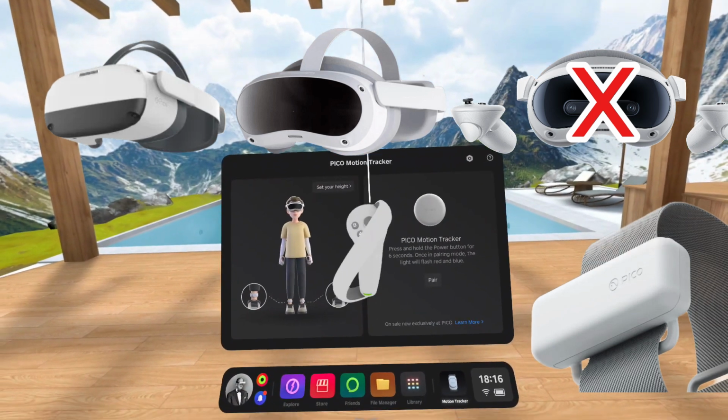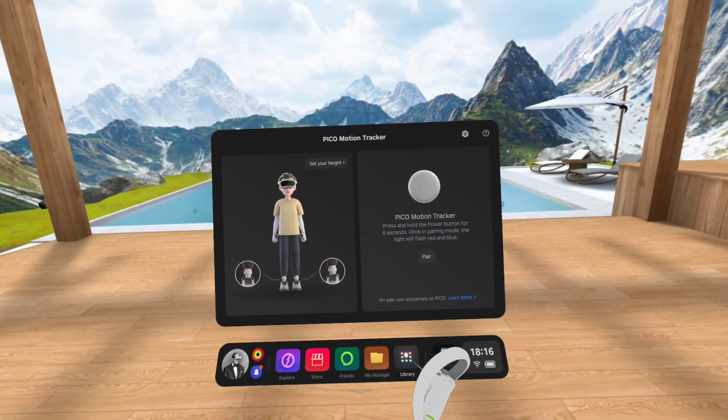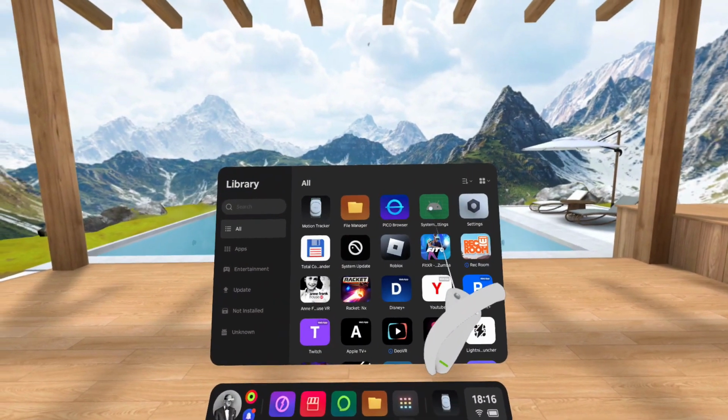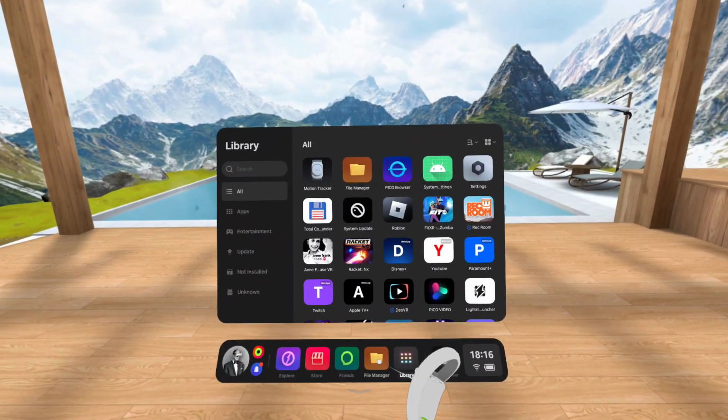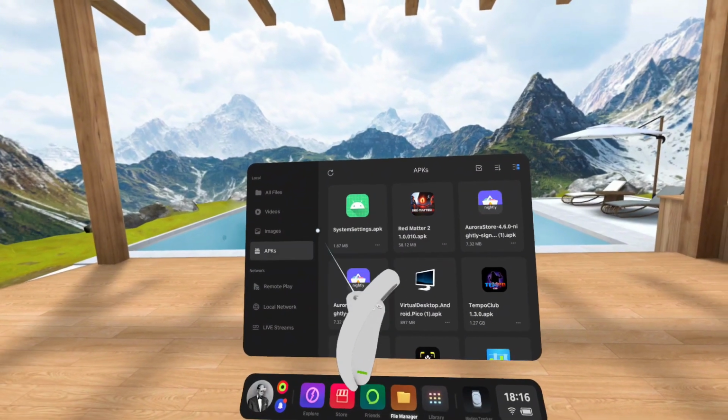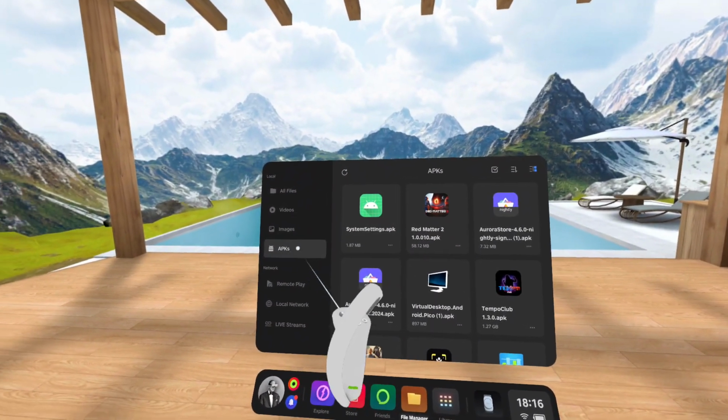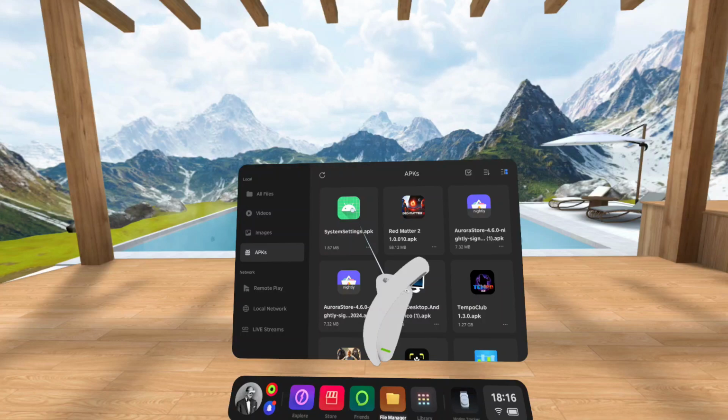So straight away, to fix this, what we're going to need to do is have a system settings APK handy. I'll leave a link in the video description. Download that, transfer it onto your headset storage, and it will appear in the APK section. Click to install,